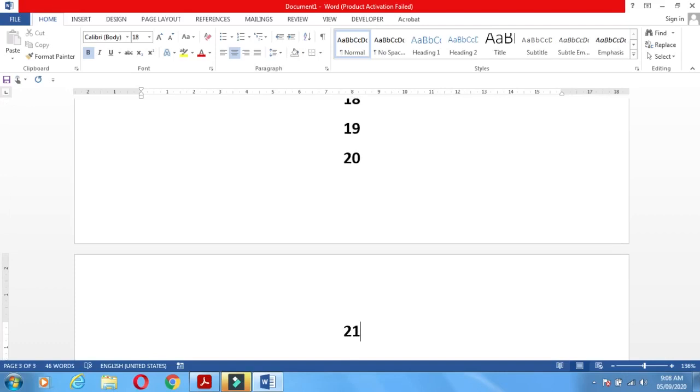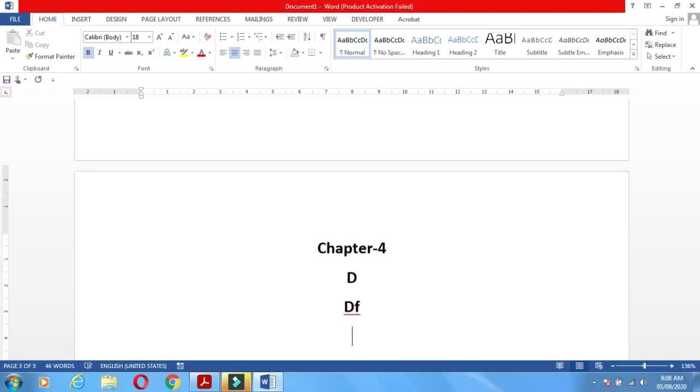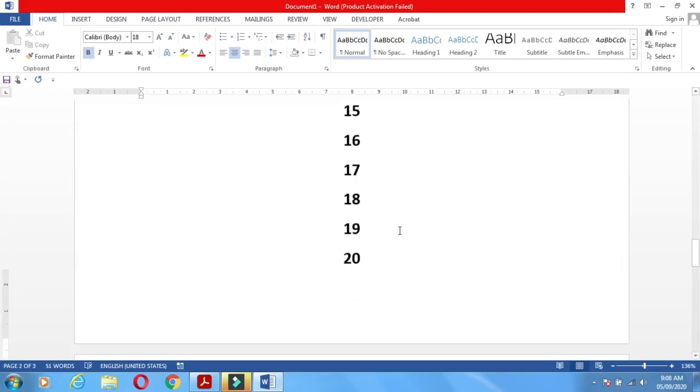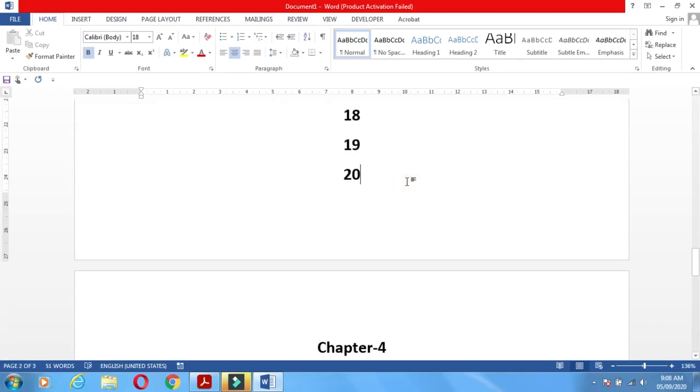Now again you will go on the next page directly, but if you want to start here chapter third with the different setting, again what we do, it is the chapter 4, and we type something here. Now if we want a blank page between the chapter second and chapter 4,